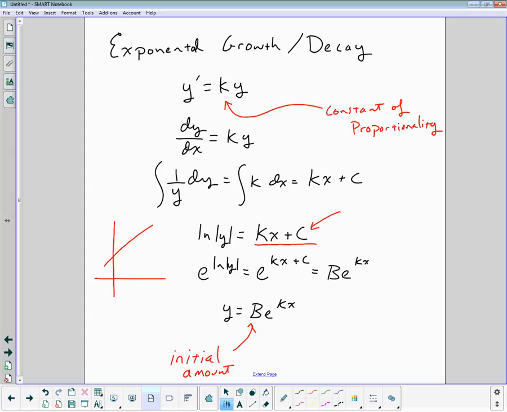Now, for a second, I'm going to take a step away and remind ourselves what the heck e is, because it's been a little while, and it's one of those things that we often just say, okay, I believe you, e's a number, moving on, and we use it all the time. But we don't really dive into what it is. So for a moment, we're going to take a step away, but before we do that, I want to throw at you that this